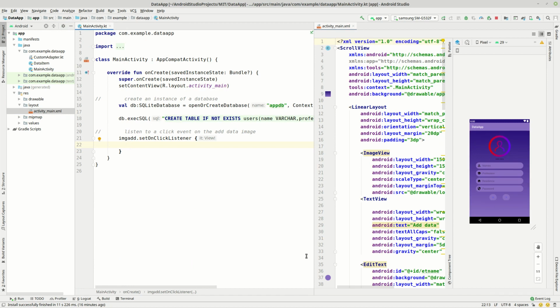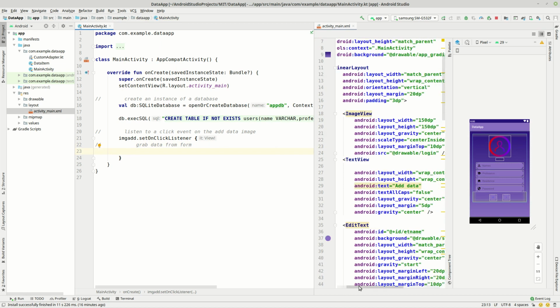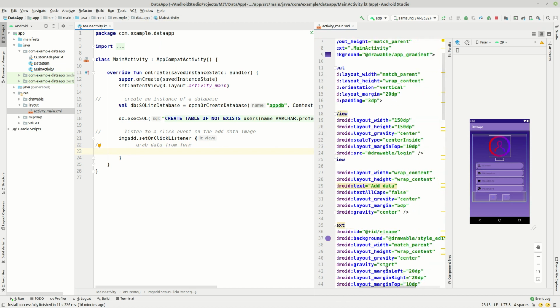So how do you grab that data? I'll say grab data from form. Form is this that we have here. What is the ID for name? I think it is et name. Yeah, et name. So you copy the ID and say